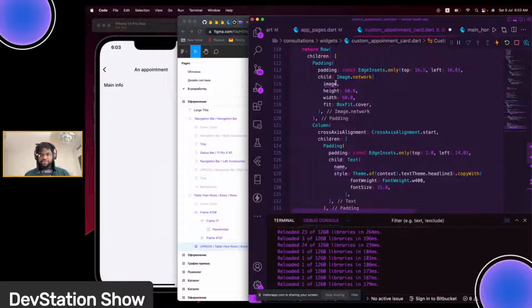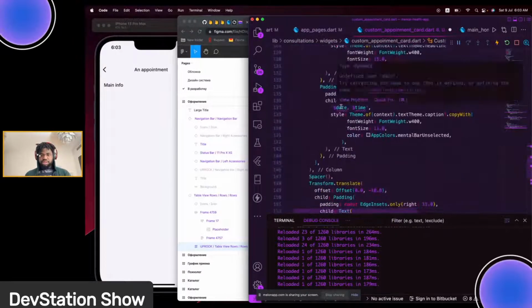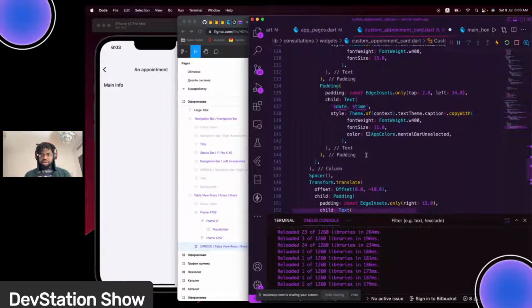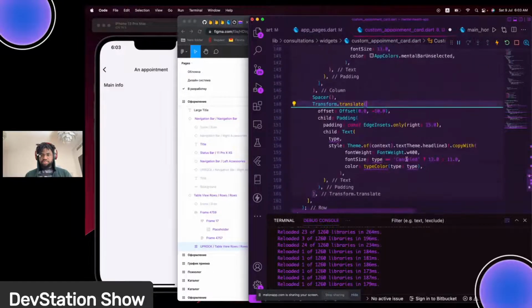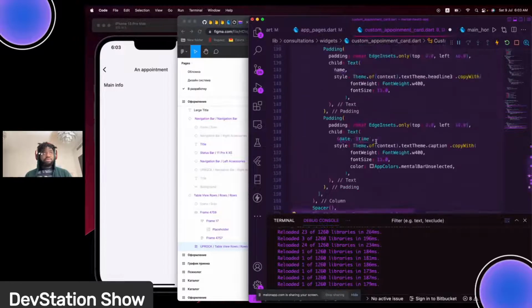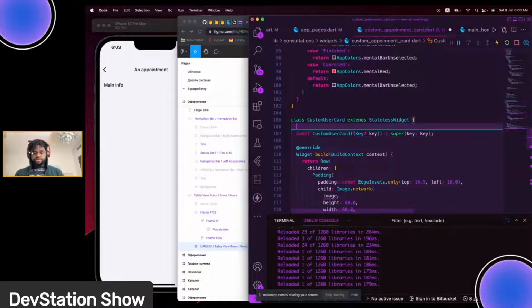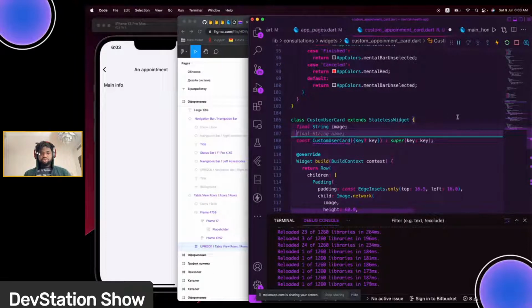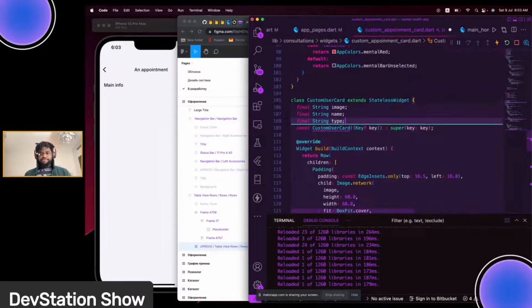So you're going to have a value of image, name, date, and time, and this one type. So let's fix that up. Here we're going to have final string. So this is basically going to be a string image. Next one is going to be a name. Next one is going to be type,